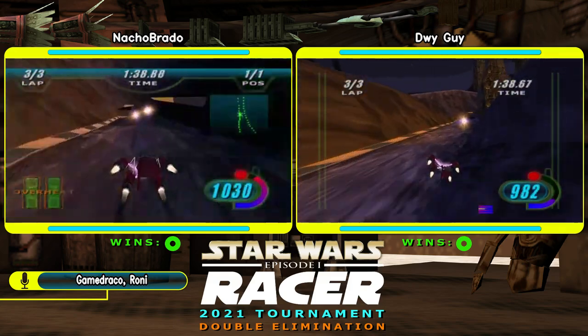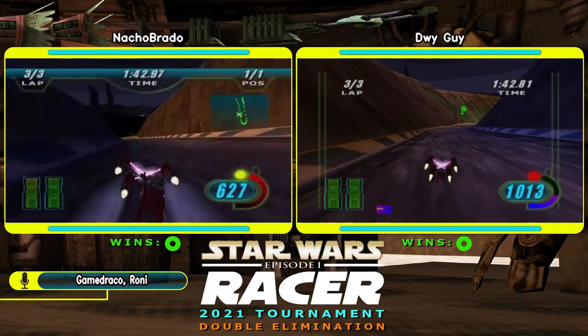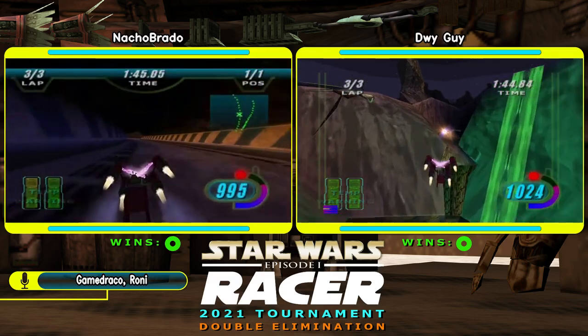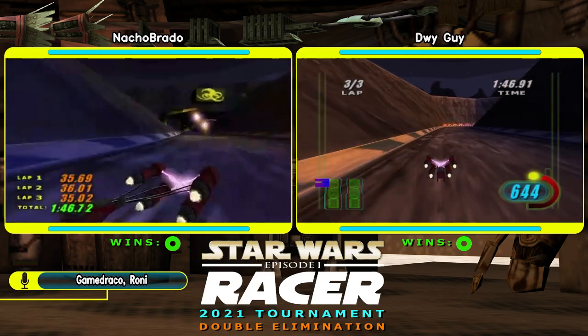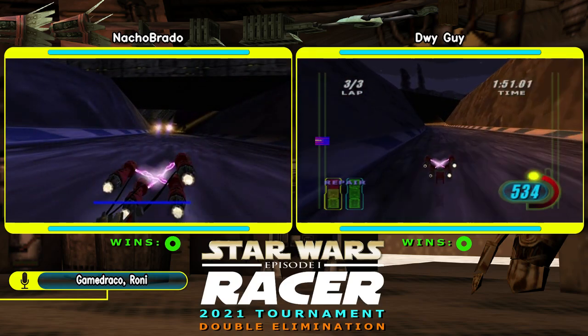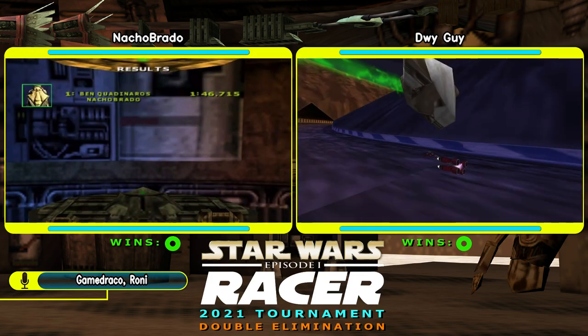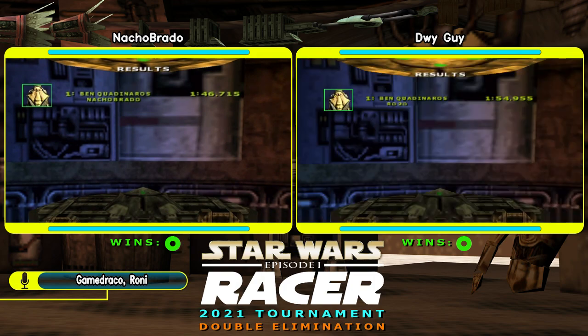But actually, surprisingly, Guy gets pretty solid times a lot of the time, even without it. I believe he has the lowest death rate of any of the runners in the tournament. I could be wrong about that, but he's definitely pretty low. And yeah, you can see he takes a lot of engine damage there. 146 is a fantastic time. And